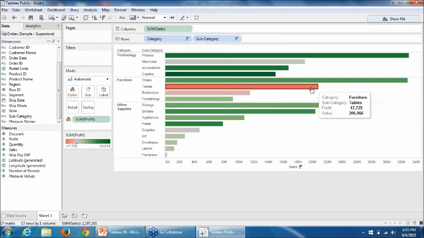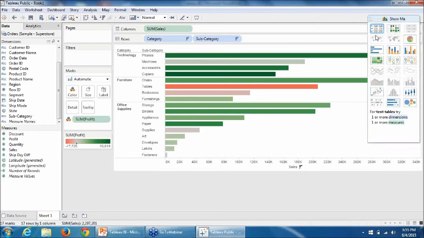Now I just want to show one of the features here in Tableau on the right pane of your screen. If you see, Show Me will tell you what are the different views I can generate using the existing dimensions. The ones which are darker I can create quickly, and the ones that are not highlighted enough, I will have to add certain more parameters to create that visualization.